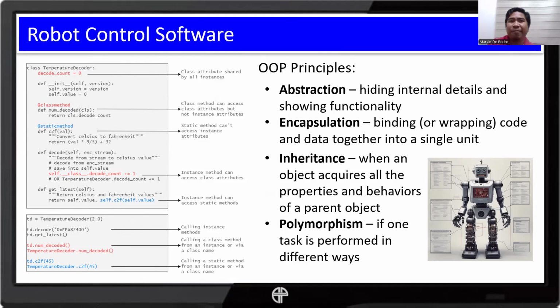So that's all for a very quick introduction to data structures and algorithms as well as OOP. These two are essential. I really encourage you to explore these software development concepts, especially those that are directly related to robotics. We will try to provide some examples in the description once they are available.